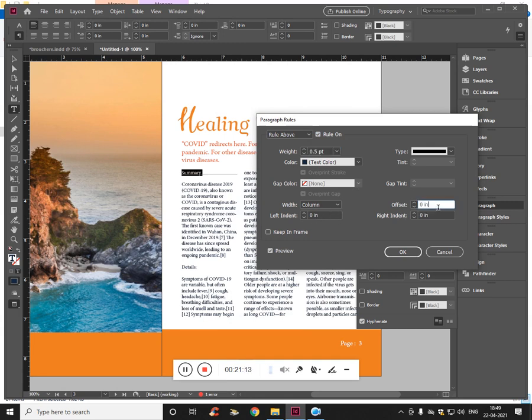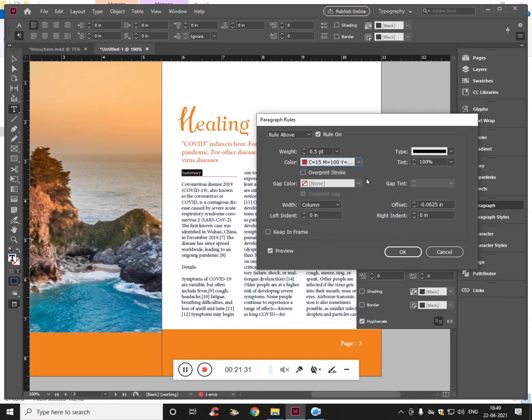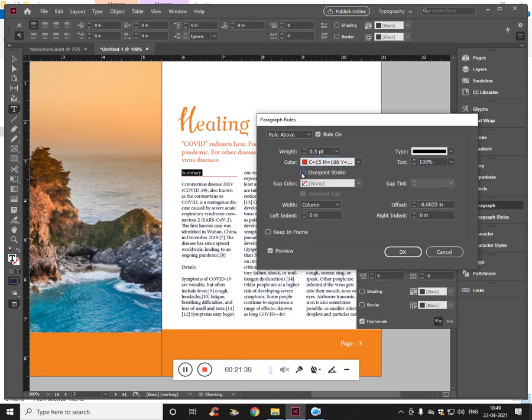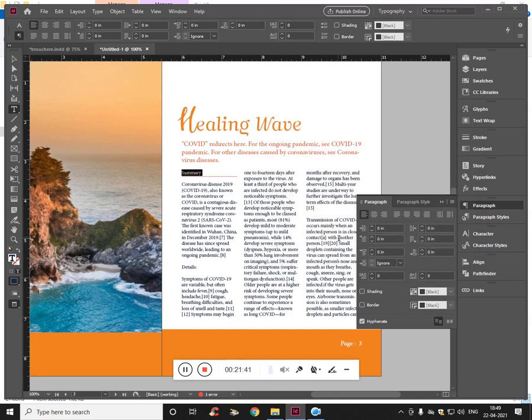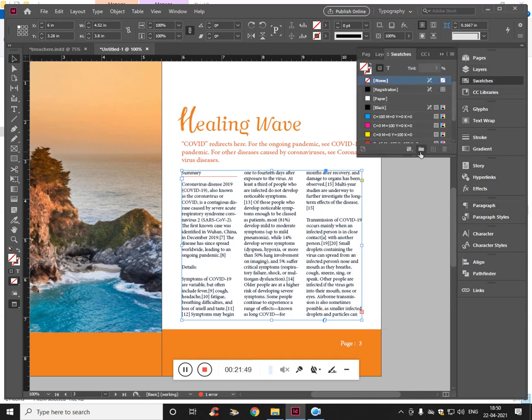The color is not added. We have to add this. Let's see. To add this, it is really very simple. Click on the swatch. We have to see where the swatches is, and add swatch. So here it is.